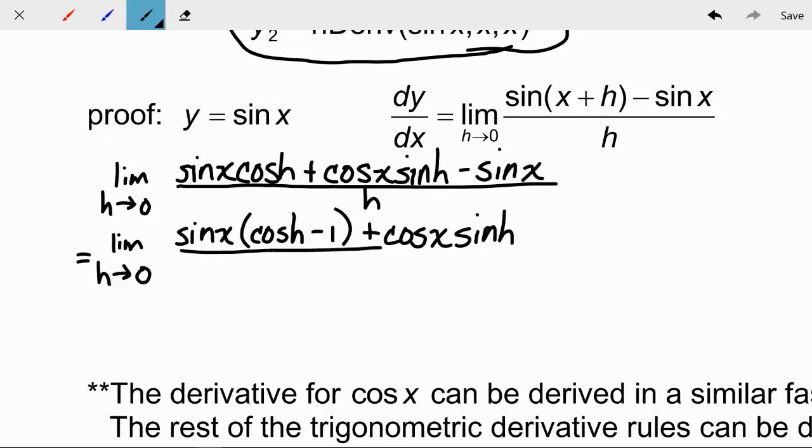And that's all divided by h. And now what I want to do is group these, or rewrite this in a way so that it's obvious that the limits that we talked about at the beginning are going to come into play. So you can see that this is the same as the limit